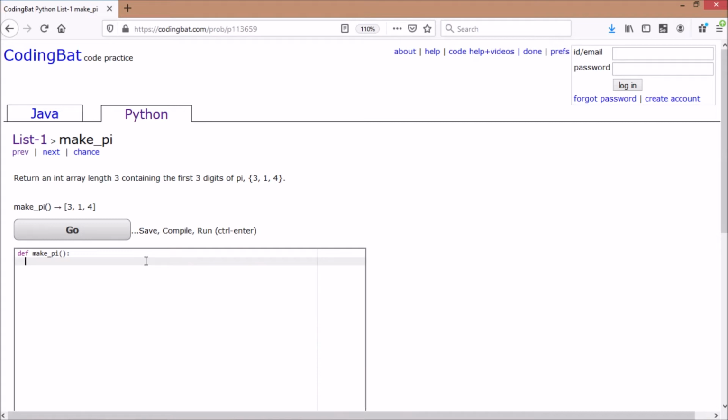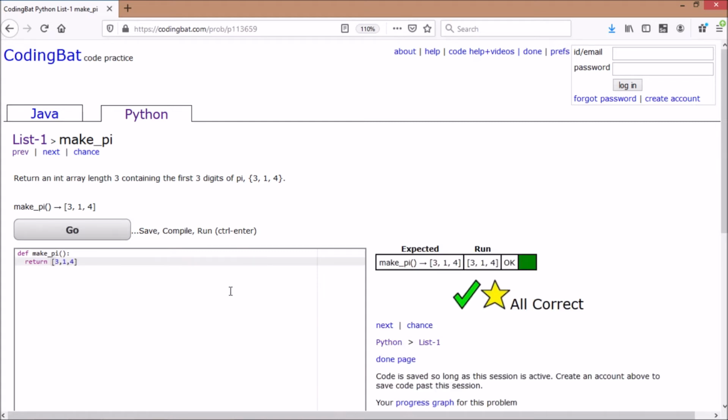Return an array of length 3 containing the first 3 digits of pi, 3, 1, 4. Okay, let me see if this works, because it seems like a very simple question. Yeah, because you can hardcode this value, as the value of pi is never going to change. It will always stay as 3, 1, 4.